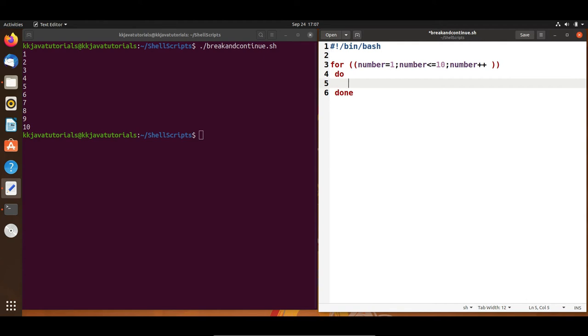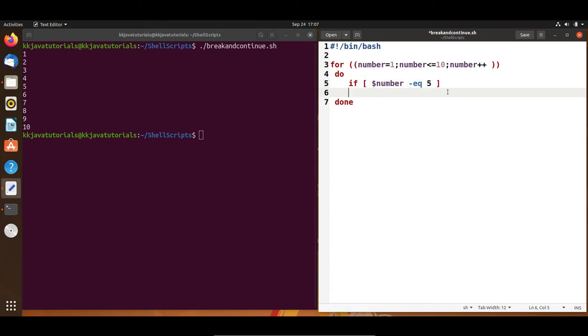Here I'm going to take a very simple use case. Inside the for loop I'm going to use an if statement, and here I'm writing number, let's say number, -eq, which means equal to 5. Don't forget to specify the two spaces after the opening bracket and before the closing bracket; these two spaces are mandatory.